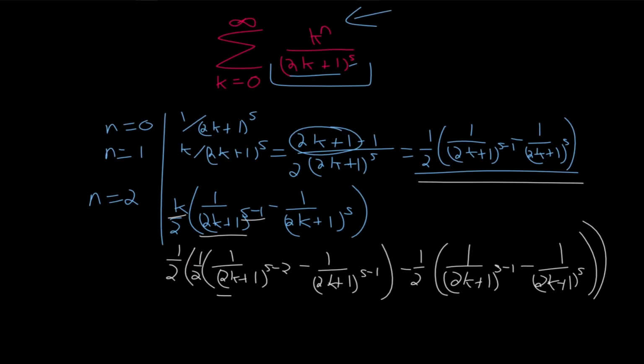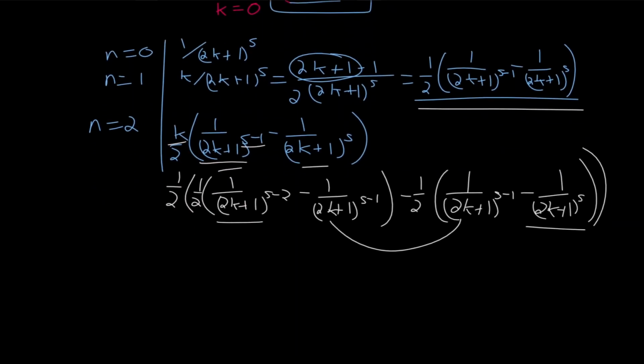Like these two are the ones that resulted from these terms right here. But these right here are both 1 over 2k to the s minus 1, so we can combine those. So let me go ahead and simplify this, and I think this might further show the point. Factoring out the 1/2 from the inside of the parentheses, we have a fourth, and then